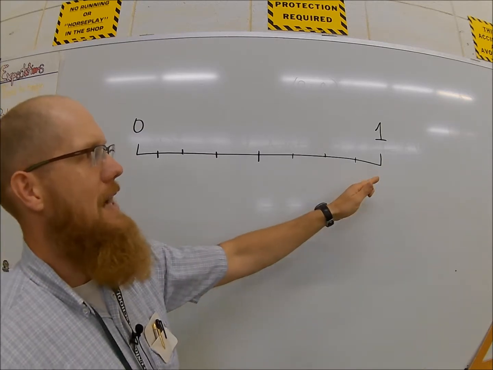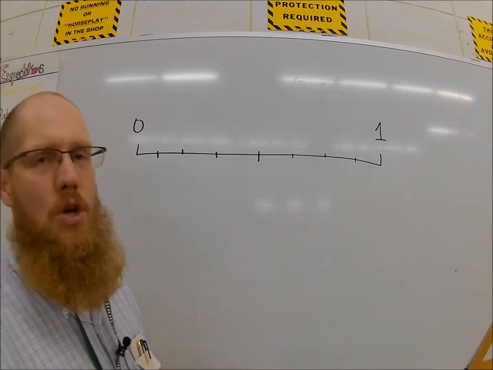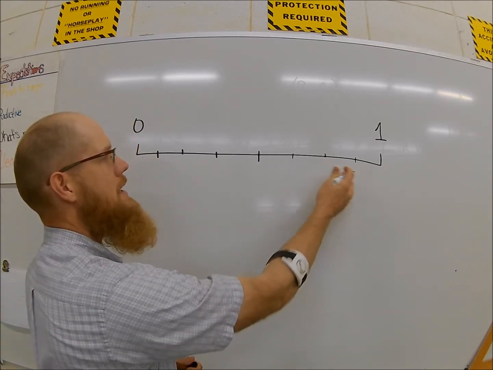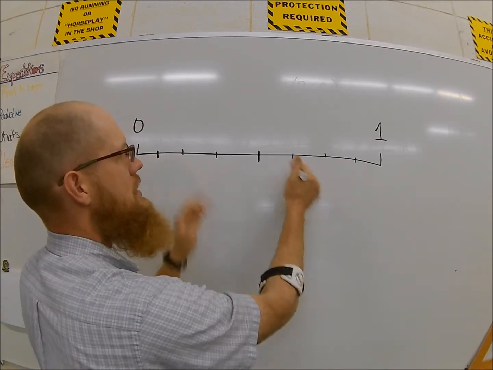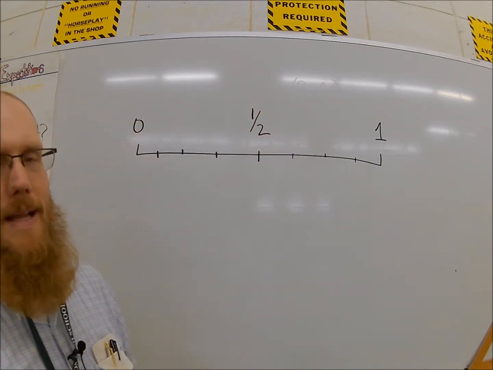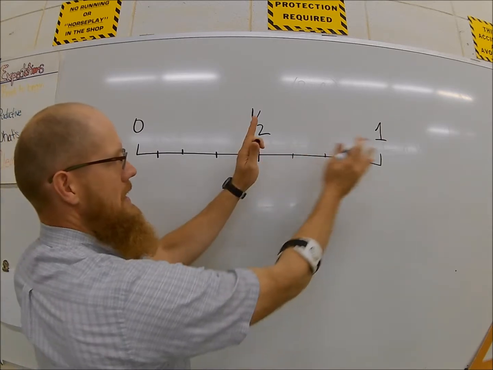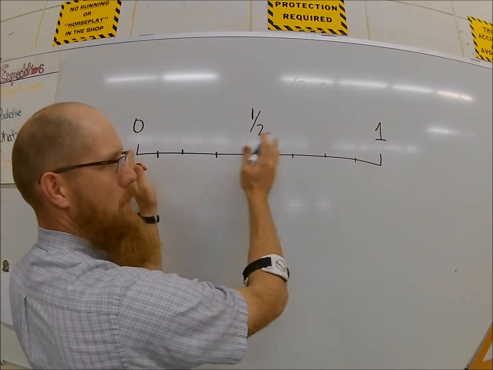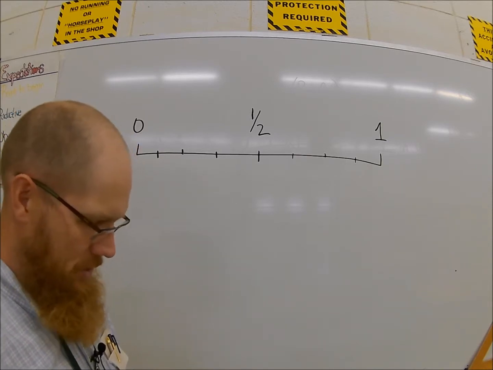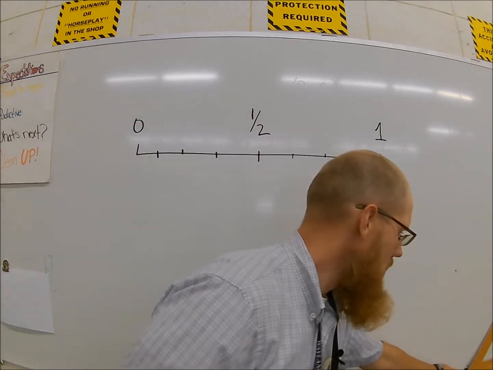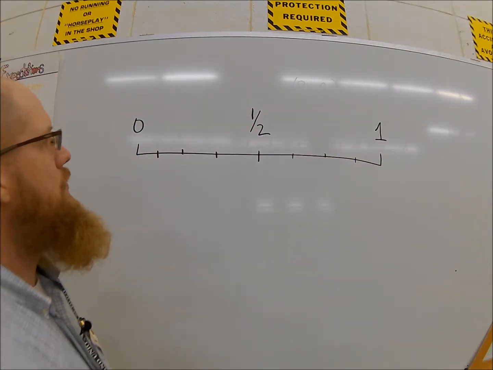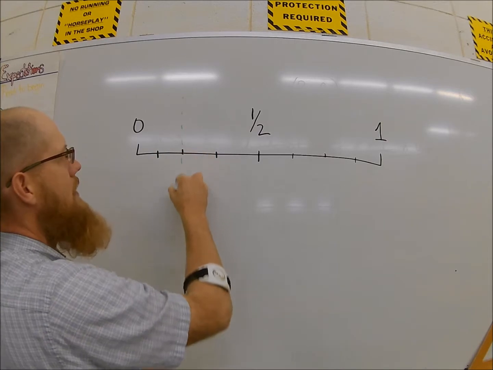So if I divide 1 by 2, it is a half. And so 1 divided into 2 equal sections will give me 1/2. And that's pretty simple. So I actually made 1 into 2 sections. So if I want to make 1 into 4 sections, let me change the color for you. If I want to divide 1 into 4 sections, so I have